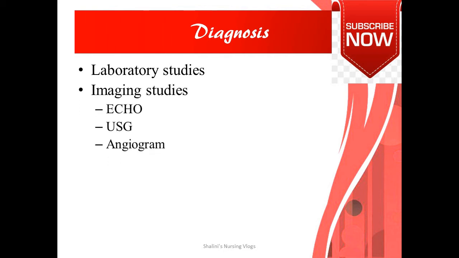The second thing for the patient, which is very important as part of diagnosis, is doing imaging studies. For example, doing an echocardiogram, which will tell you what is the cause of the cardiogenic shock. Again, an ultrasonography, which will guide you for fluid management. Also, angiogram, which can tell you about any infarctions or any blocks. Electrocardiography or ECG is also one primary step which can immediately tell you whether the patient is in myocardial infarction or in failure.